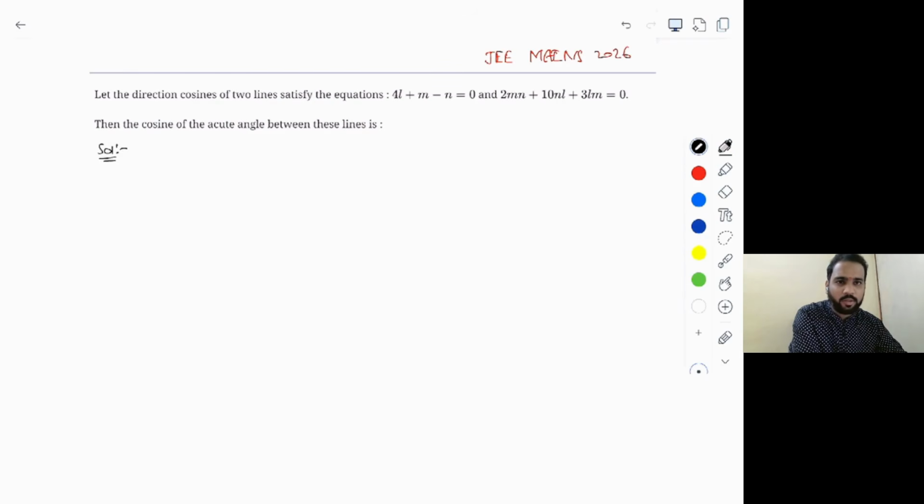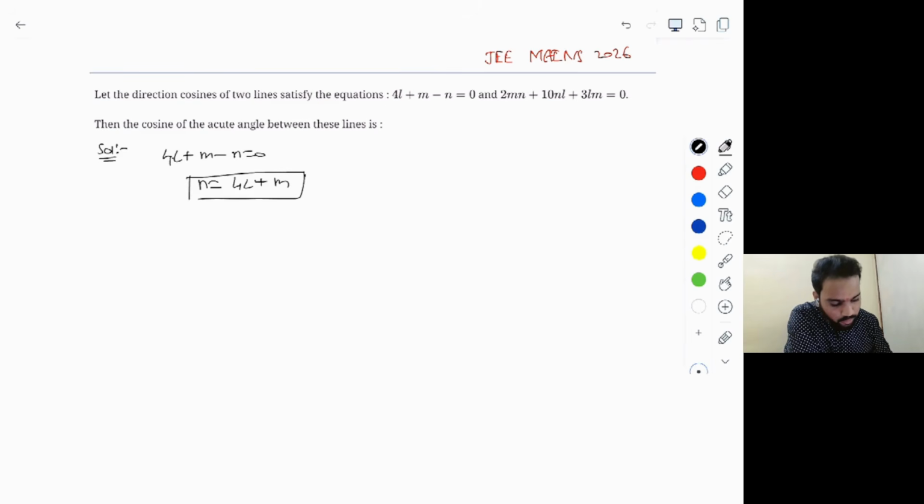And this is one of the easiest questions that can be asked in JEE Main because it is also a standard question. Let's see just the brief way to solve this question in a very quick manner. Okay, so two equations are given which are satisfied by the direction cosines of two lines. So the standard idea is, you will take one of the equations, that is 4l plus m minus n is equal to 0, and then you can write n is equal to 4l plus m,